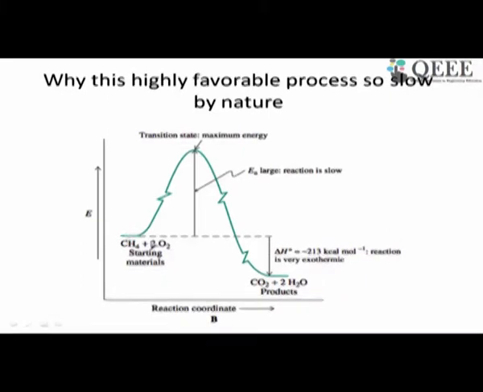Here is the diagram which explains the process I just described. Methane and oxygen, the energy level is originally here, and when you give a spark or a little heat, then a few molecules, very few molecules, maybe a few milligrams of the molecules, quickly attain this transition energy. The transition state is a state in which bond breaking and bond forming are in equal state. So it has to reach that stage. After reaching that stage, bond formation is immediately more favorable, so it releases a lot of energy. So it comes down,